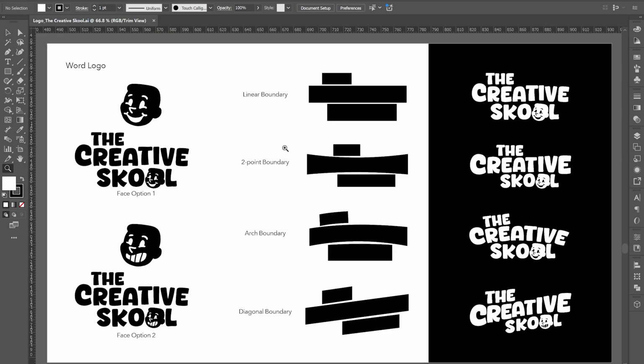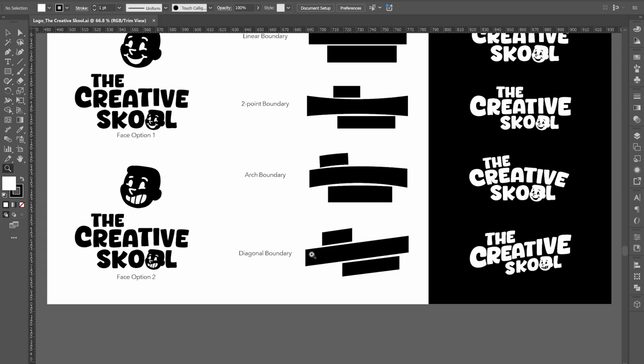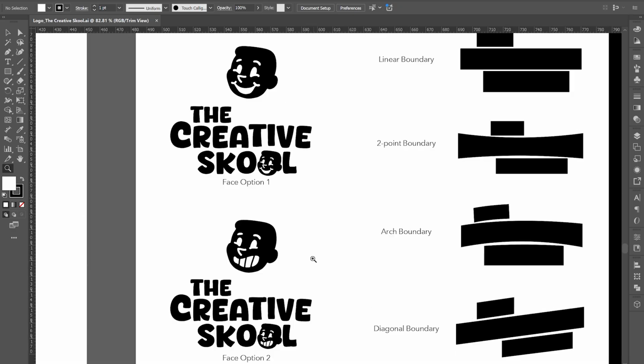So these are different boundaries where we have a linear one and then a 2-point boundary where it slightly warps in the center. And then the third one is the arc boundary, very straightforward. And then the fourth one would be a diagonal one, which is more like an italic version in terms of typography. And then for the bubble head, we also proposed one showing the teeth and then just a big